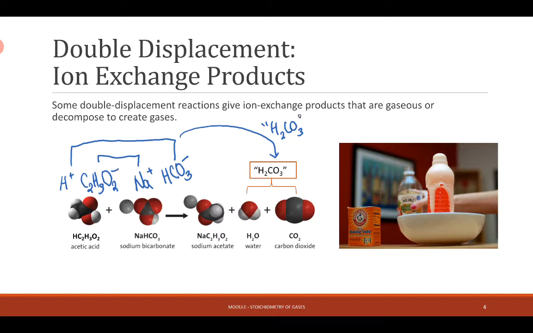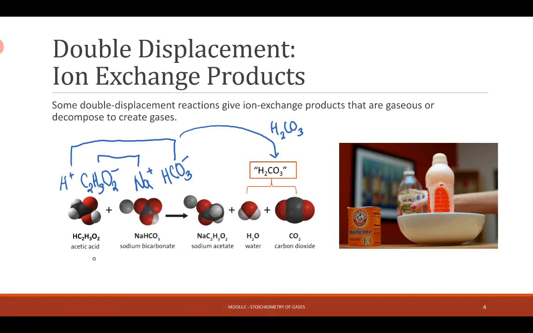That's their ion exchange product. But the problem is H2CO3 is not stable. And so this molecule spontaneously decomposes into water and some carbon dioxide gas. So instead of writing this balanced chemical equation including H2CO3, we need to write it as instead water and CO2